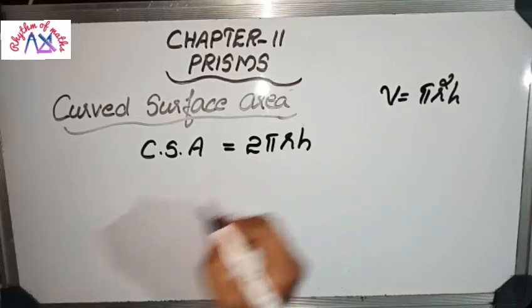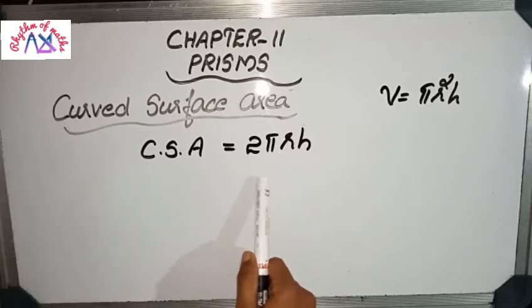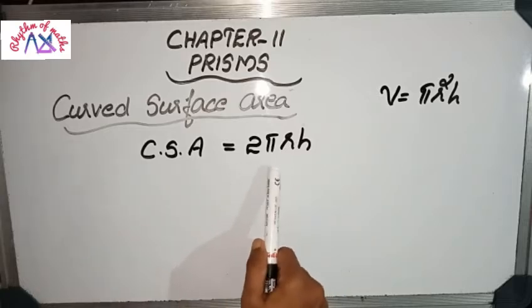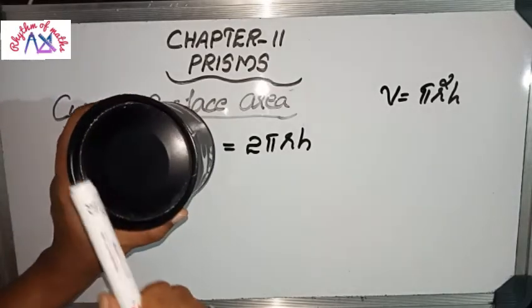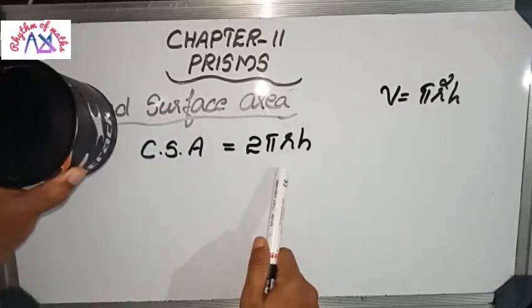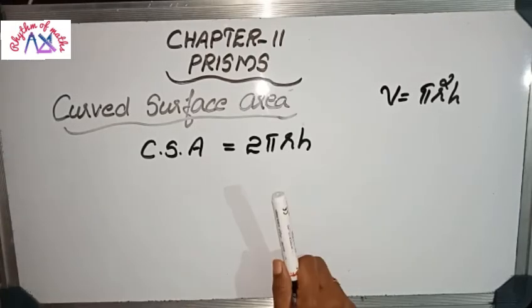Here, base perimeter into height. You need to learn base perimeter like that. You can directly write the equation as 2 pi r h. 2 pi r is the perimeter of the circle portion. The circle portion is here; this is the circle portion perimeter. We already know that is 2 pi r. So 2 pi r into height, that is h. So this is the equation.